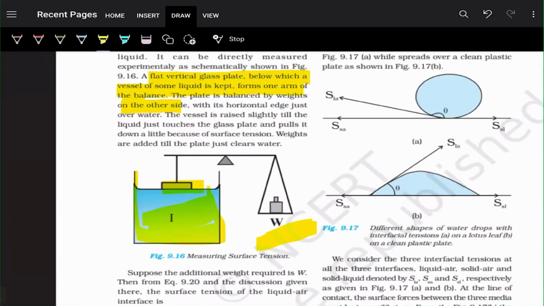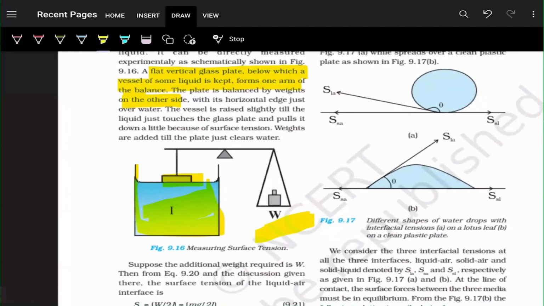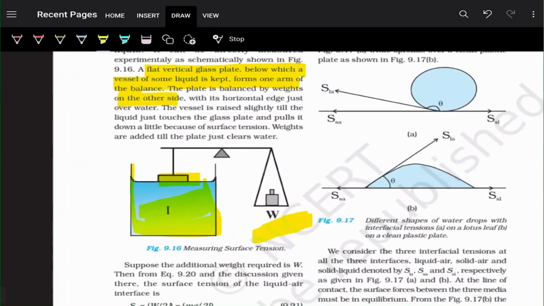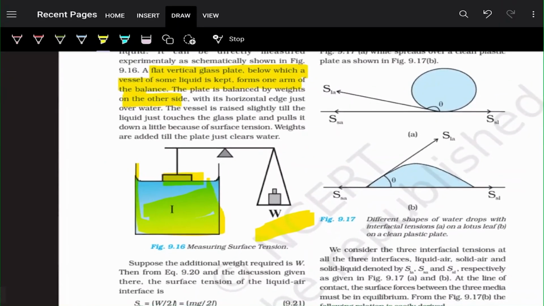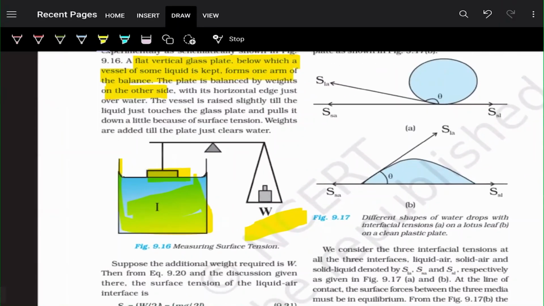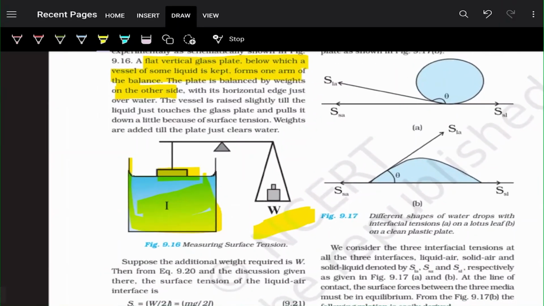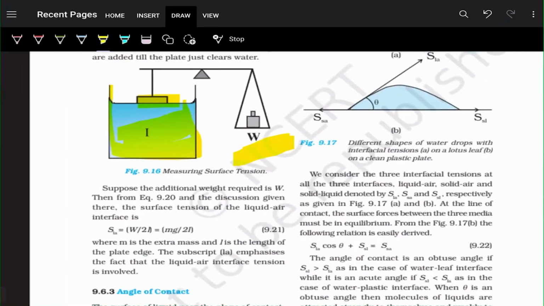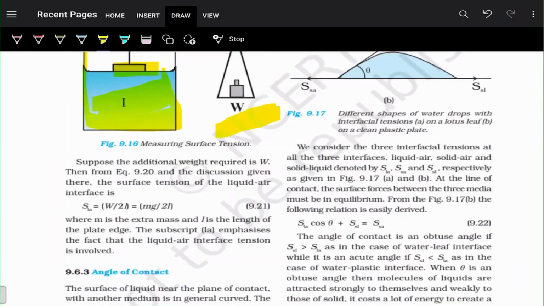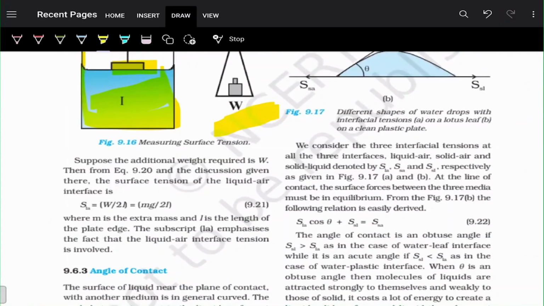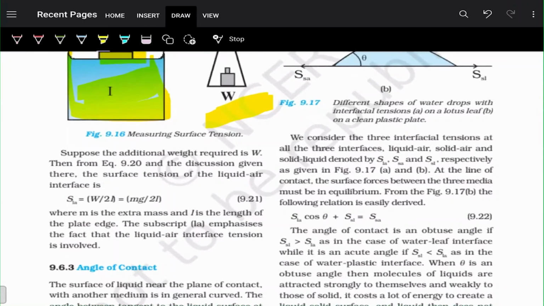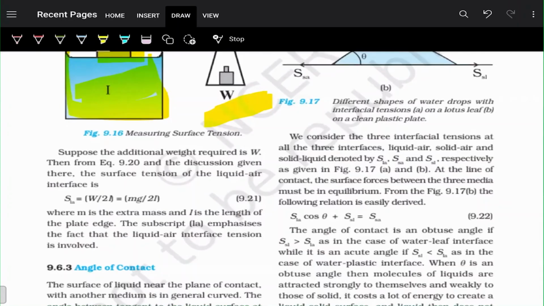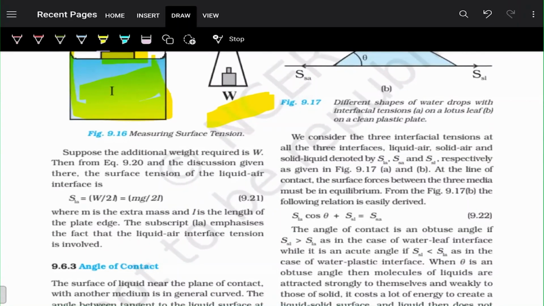See, the vessel is raised slightly till the liquid just touches the glass plate and pulls it down a little because of surface tension. Weights are added till the plate just clears water. Okay, suppose the additional weight required is W. Then from equation 9.20 and the discussion given there, the surface tension of the liquid-air interface is